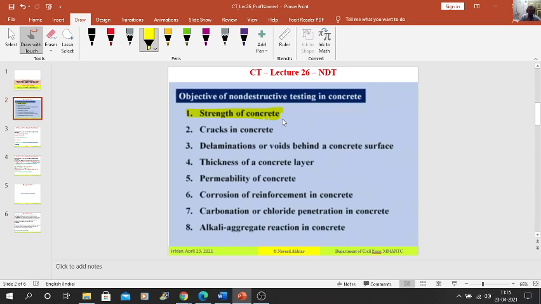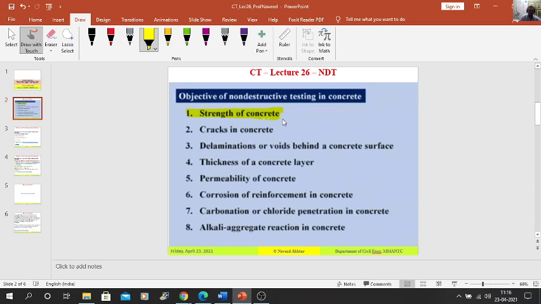Or if there is a problem when you do a destructive test, and the strength is not as per the requirement of the quality control department, then we have to go for the core test or other NDT methods, that is non-destructive test methods, to know the strength of concrete.